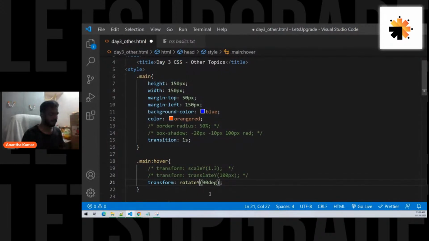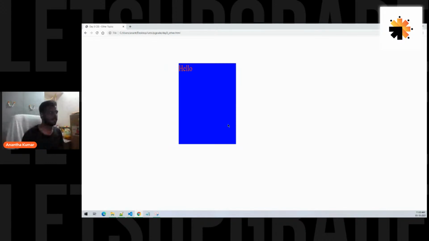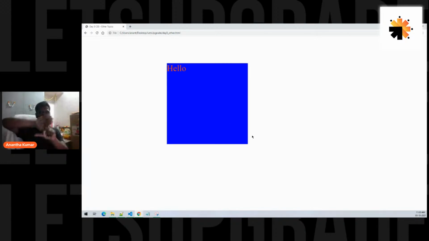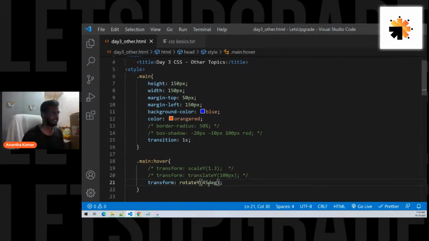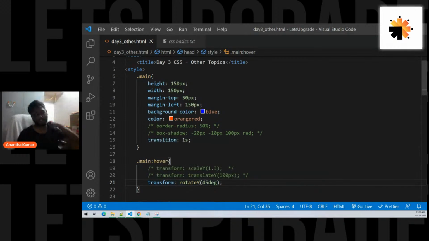Now let's see rotate Y. Let's go back to 45 degrees. Refresh. Y means something like this. Correct? So you see it getting tilted like this. So that is how rotate Y works. You can experiment with different degrees, guys. So that is one thing. And Z,